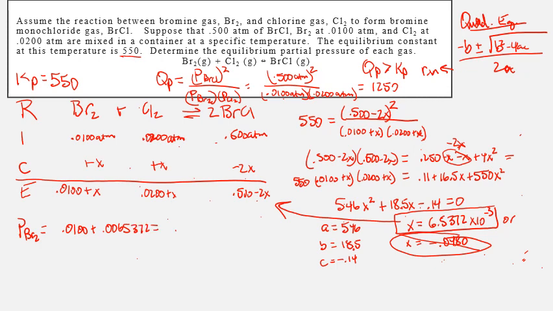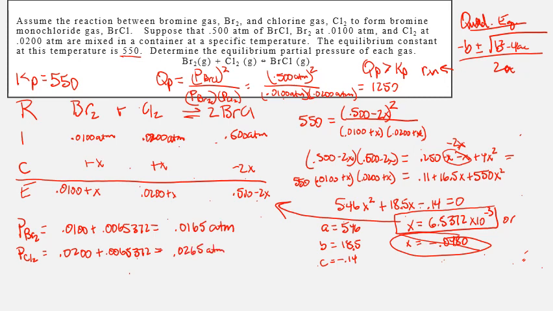So that would equal 0.0165, going to round there, and that will be atmospheres. I can look at the partial pressure of Cl2, which would be 0.0200 plus 0.0065372, and that will equal